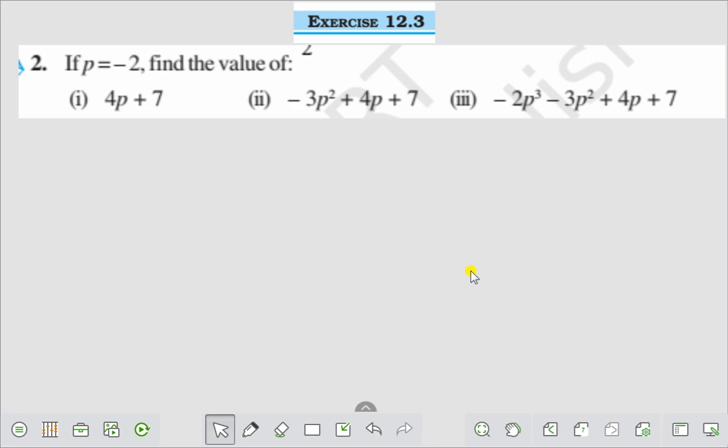Hello everyone. Today we shall discuss exercise 12.3 question number 2. If p is equal to minus 2, find the value of the following. Let us find the value of